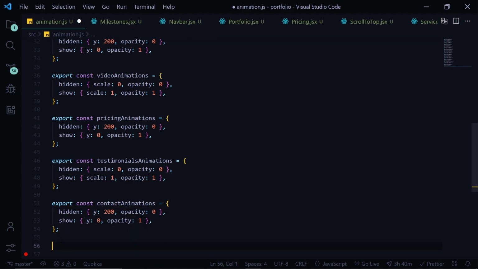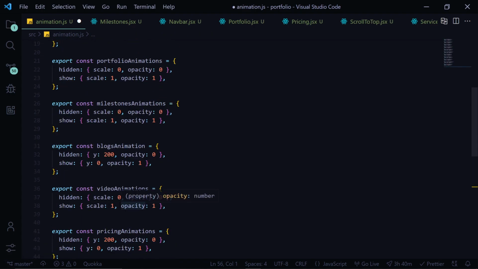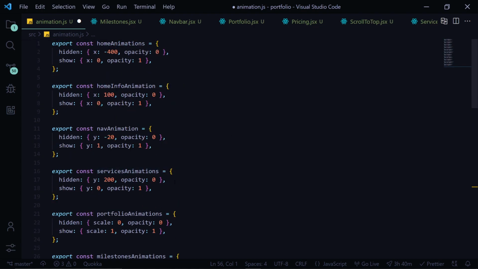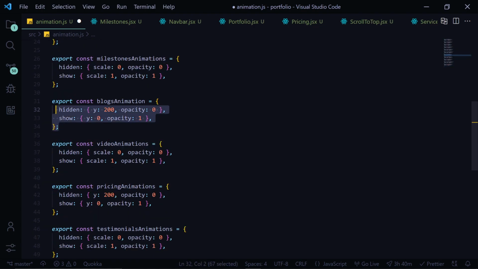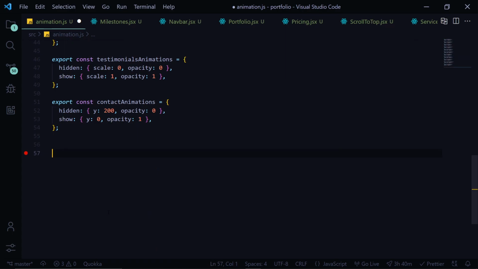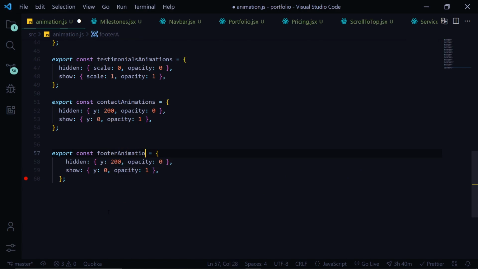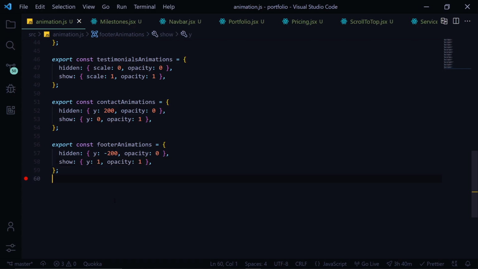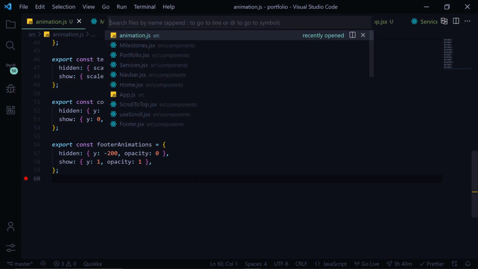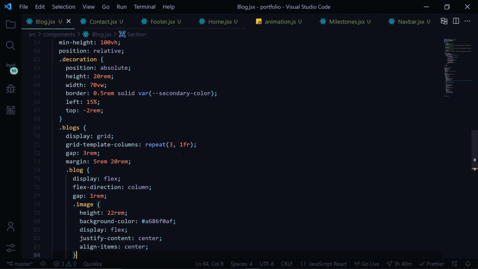And at the end, we have footer text animation, which would be, we'll just copy this blogs animation and write footer animations. And the y value would be minus 200, and when it's in view we want 1. Okay, that's it. Now let's head over to blocks.jsx,